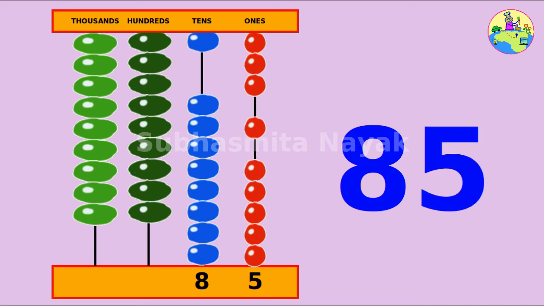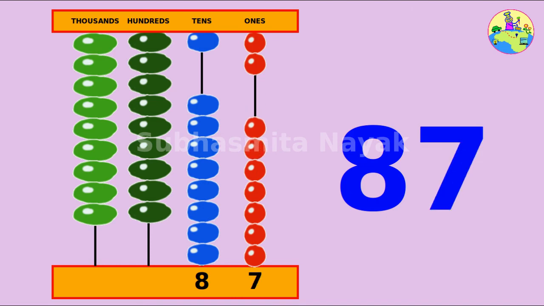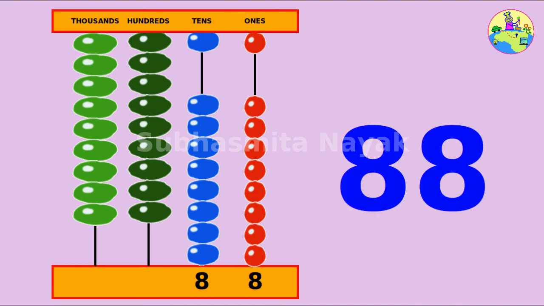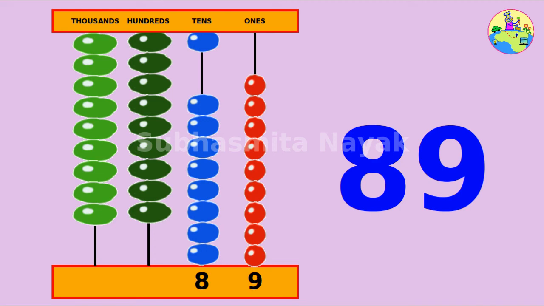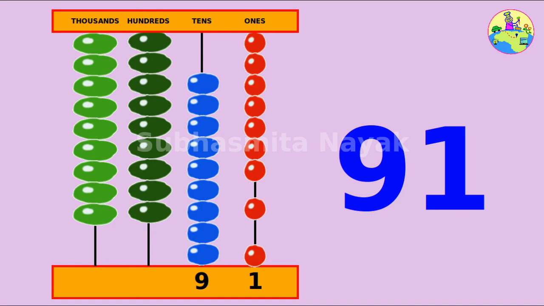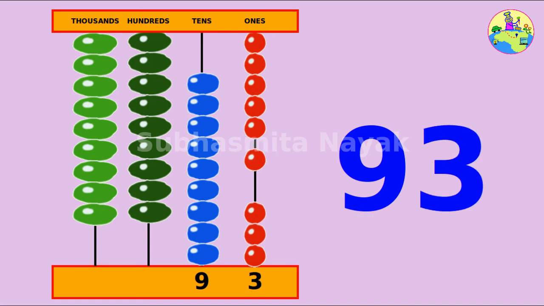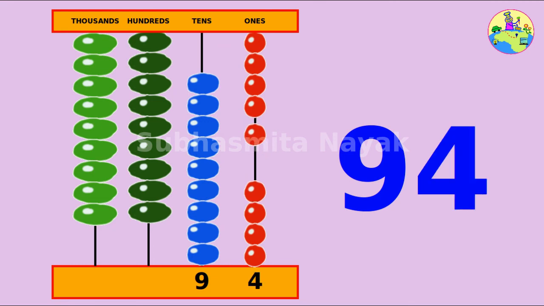85, 86, 87, 88, 89. Now instead of 10 small beads, we will take one more big bead in tens place. So it is 90, 91, 92, 93, 94,